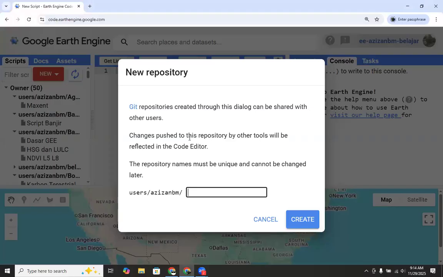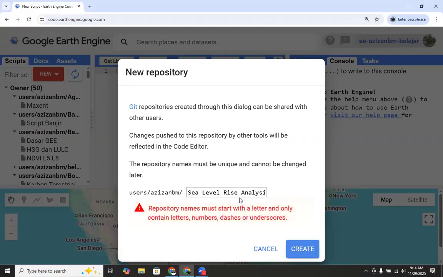Let's say we name the repository like this. You can see the names must start with a letter, like this C, but only contain letters, numbers, dashes, or underscores, which means you cannot have any space.